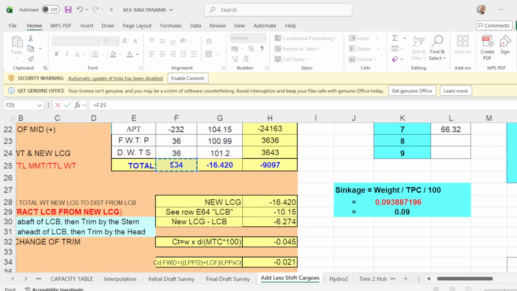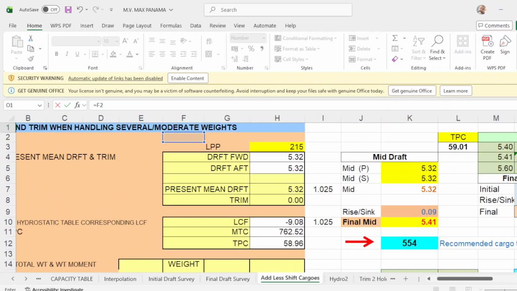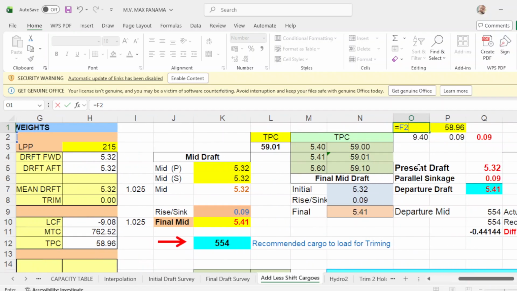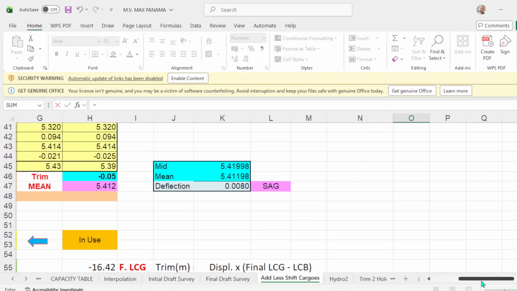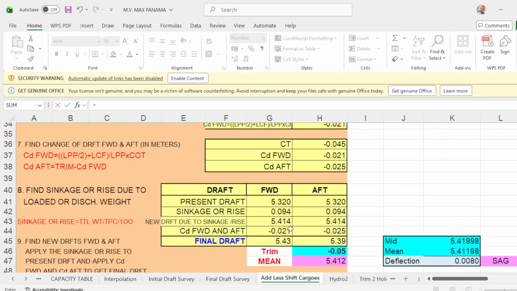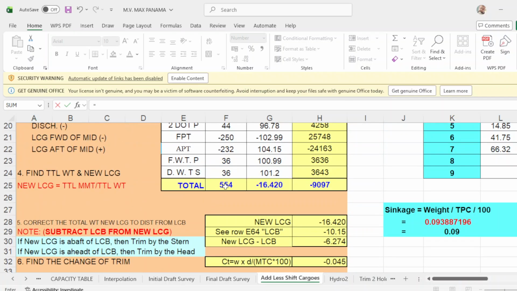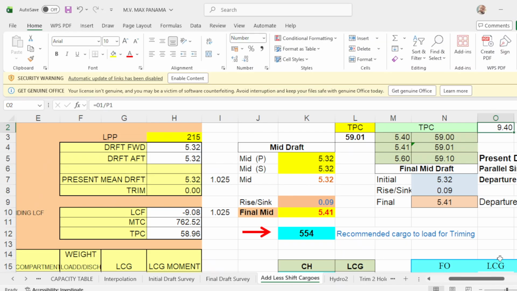When you click this one, F25, then he will go, then you will have, equals, I go down, total cargo is, click this one, then press enter, then he will go,